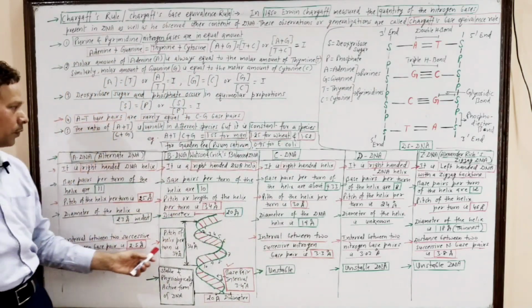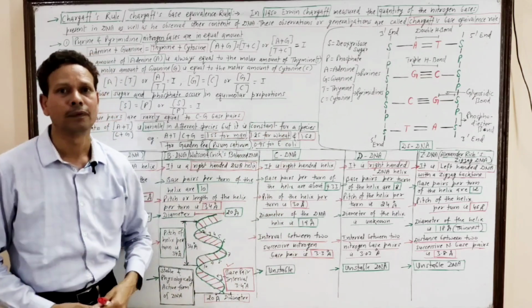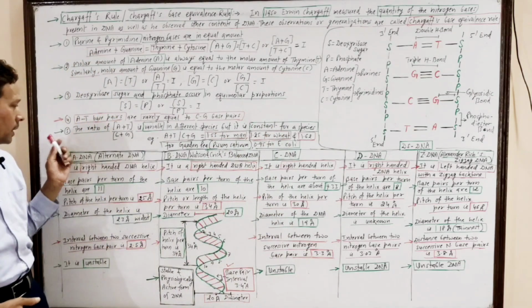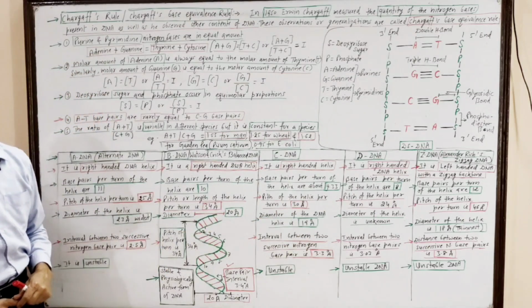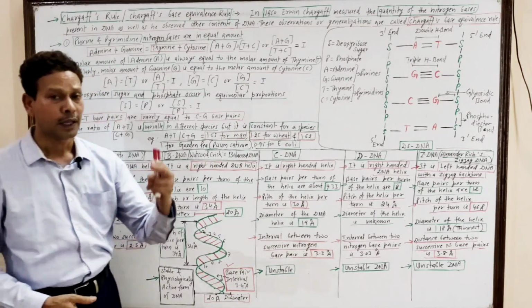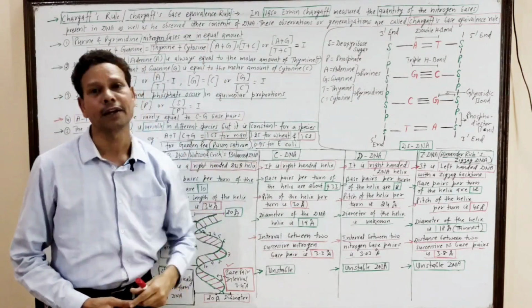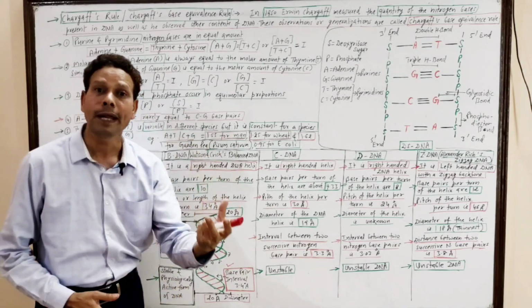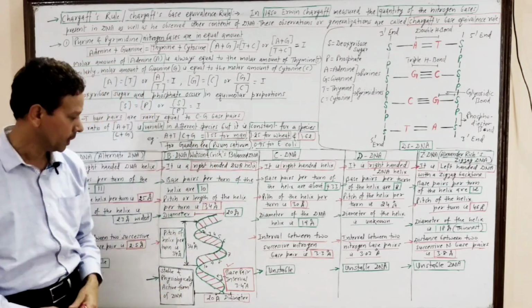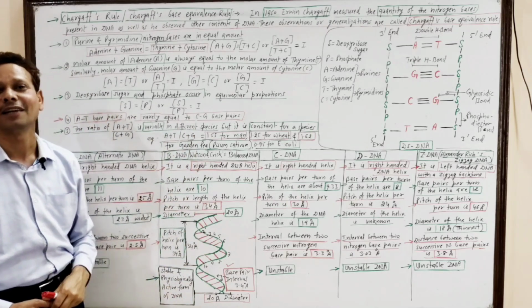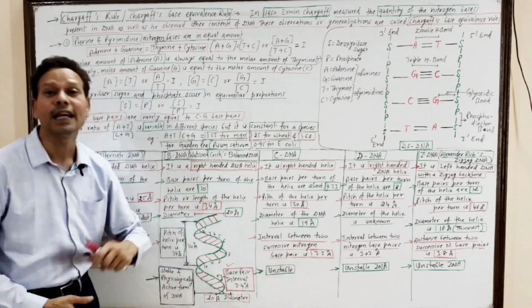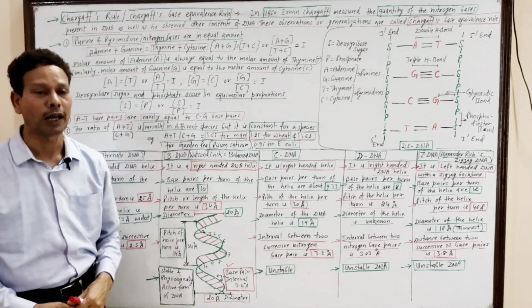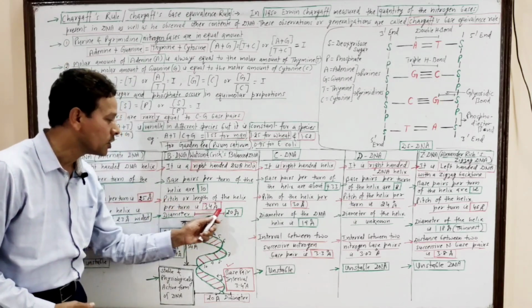Here we have studied different types of DNA. These are some differences as well as different types of DNAs. As in our last lecture, we have studied the DNA duplex, the Watson and Crick model. This is B DNA. Dear students, in this DNA duplex, Watson and Crick model, the diameter of the DNA is 20 angstrom.